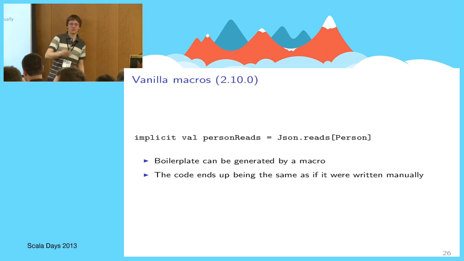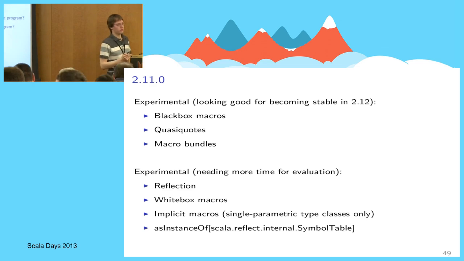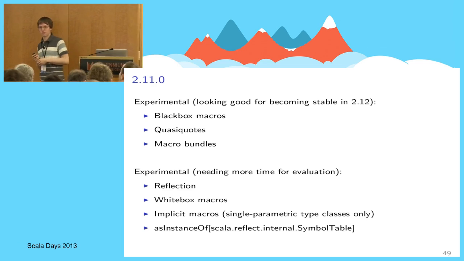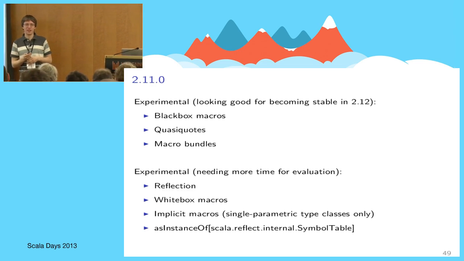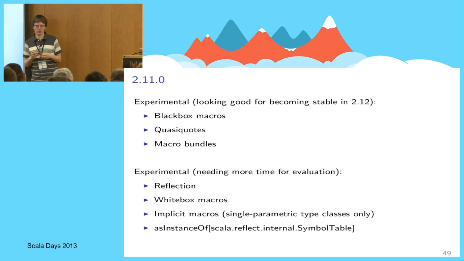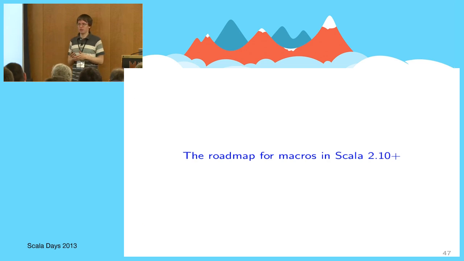Yeah, please go ahead. Just focusing on the features that are coming in Scala 2.11, you mentioned macro bundles and macro annotations. I'm not sure, I might have just missed where you covered what those are. Are macro bundles just select macros that were listed? As I mentioned, I wasn't able to cover everything that I would like to, but answering your question, macro bundles are just a simpler way to write macros.